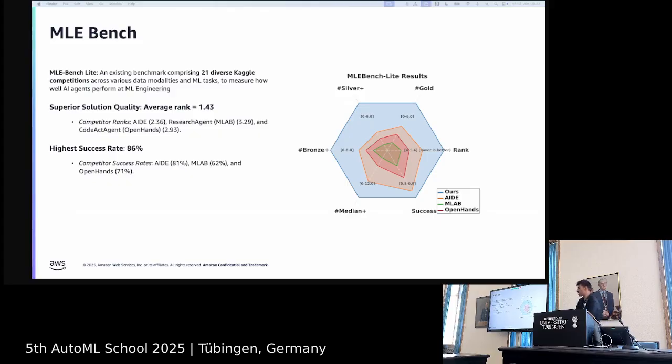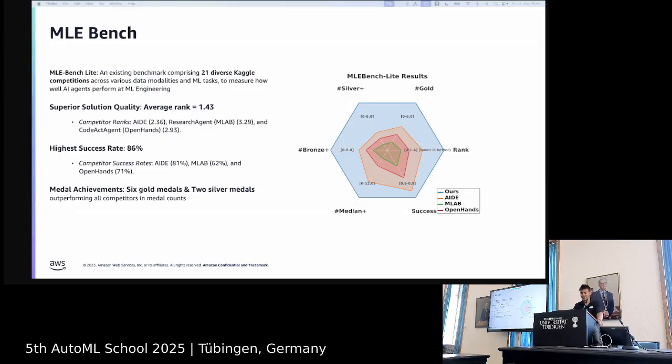And also the success rate of MLZero in eventually emitting output in those n iterations was 86%, a little bit better than the previous state of the art, which was IID in this case. And overall, we also achieved a larger number of medals, but I don't think this is a good enough metric just to